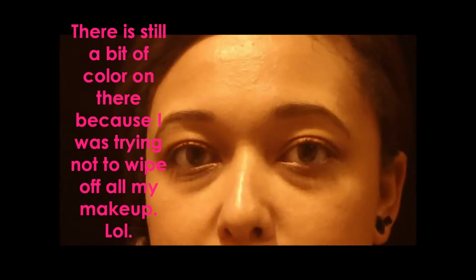Okay, so if you guys can see, I'm just starting with fresh eyelids. I've taken off the makeup just on my eyelids. I left everything else on just for time purposes, but I've taken off just my eyelid makeup, if you guys can see here. I'm going to start with a primer. This is a primer by e.l.f. The name has worn off, so you're not going to be able to tell, but I'm just going to take that and I'm just going to dab it